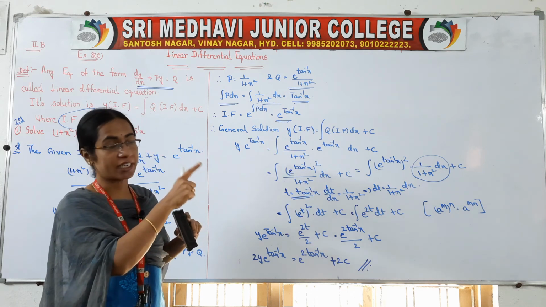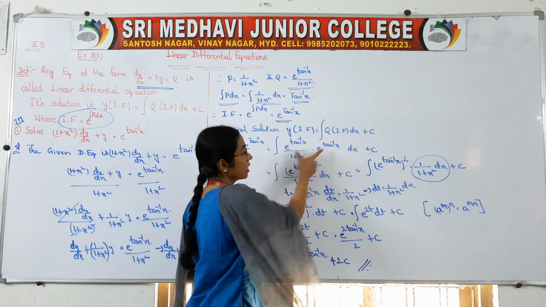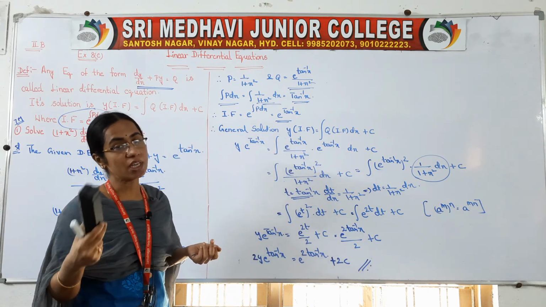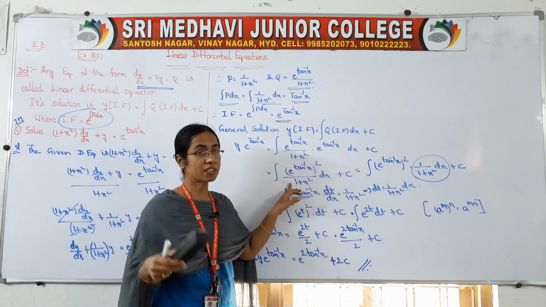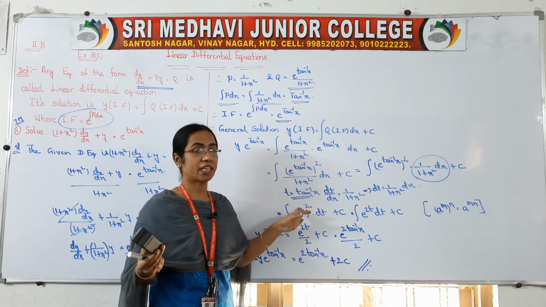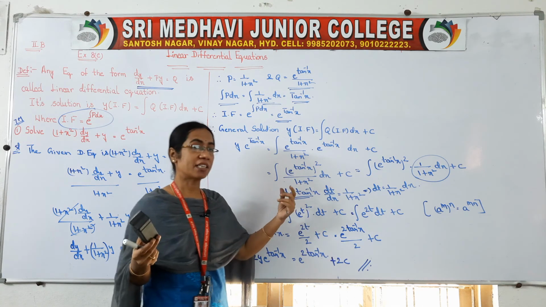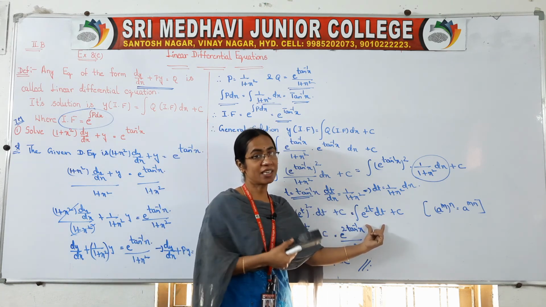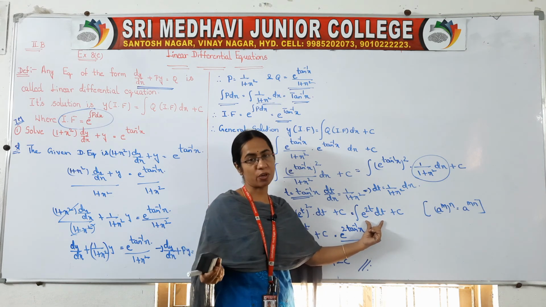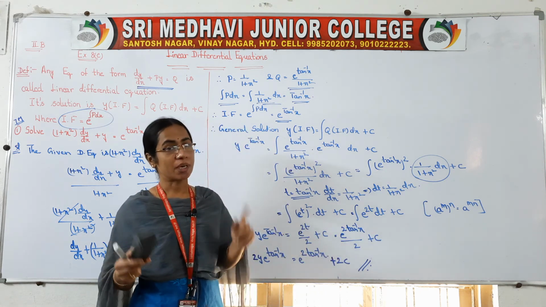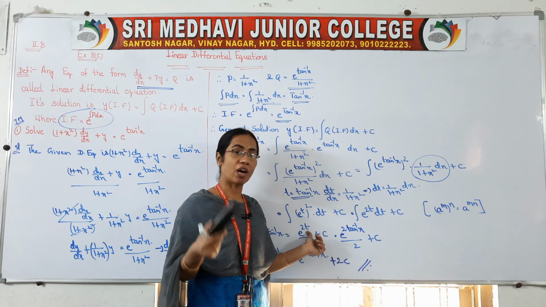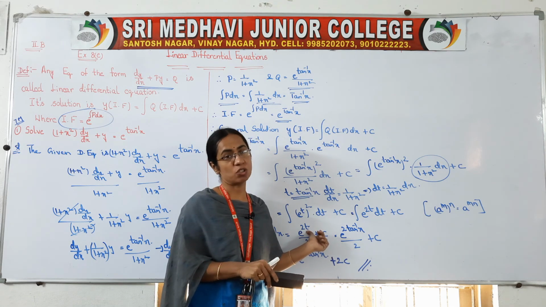Already we got our integrating factor. Substitute it on this side, and the integral value will come. We have to solve that integral using our standard forms. If it is not directly in standard form, we have to adopt some methods. See, I have taken substitution and reduced it, and at the end I again got the formula in standard form. Once you get the integral in standard form, you will know it, so you can write your answer. But if substitution is taken, then after getting the answer you have to substitute the t value also in the solution.